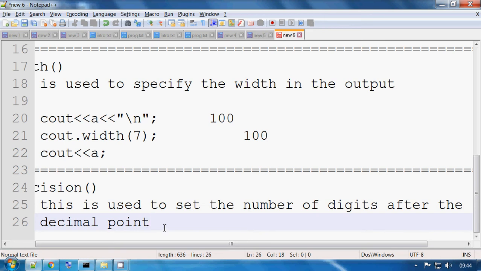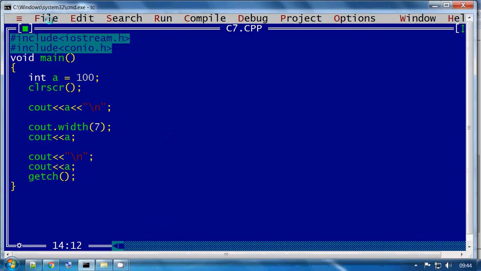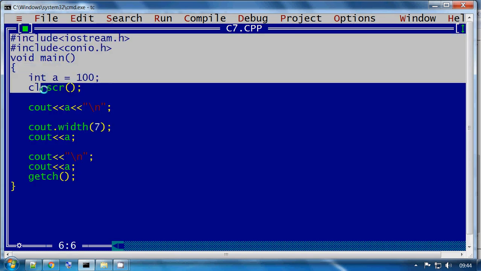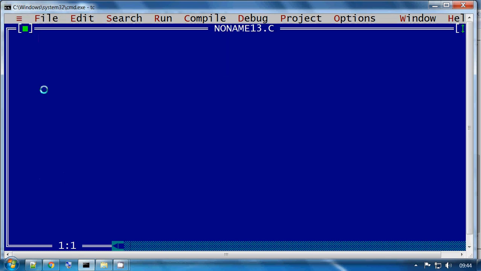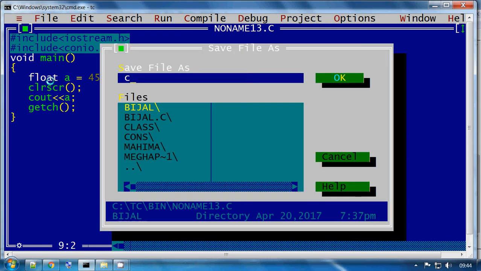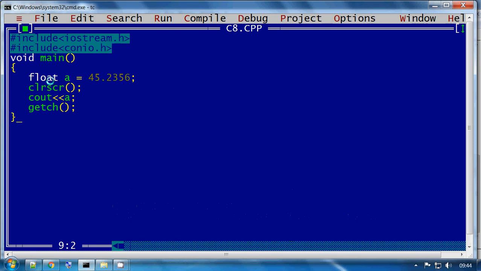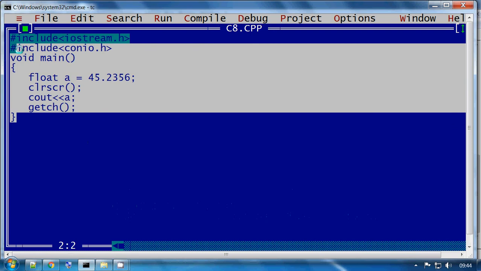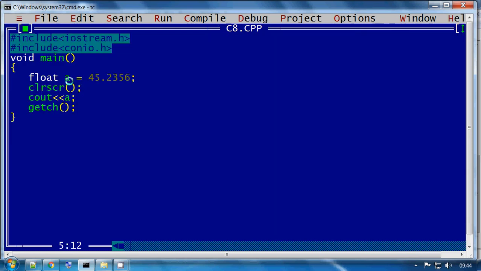First, what is my requirement? Let me create a new program. First I require some supporting files. Here I want to display the data of a floating variable, 45.2356. Let me use cout a. I hope you can understand this program. I already set the data and I just want to display it. Let me run. So here we will get 45.2356,